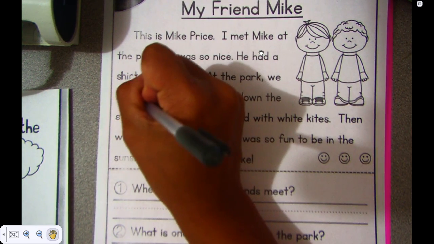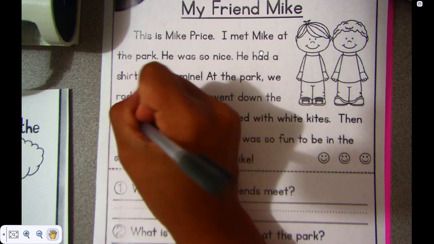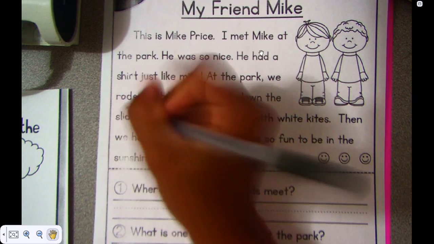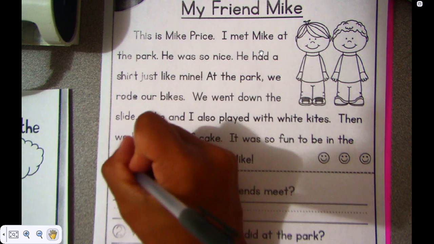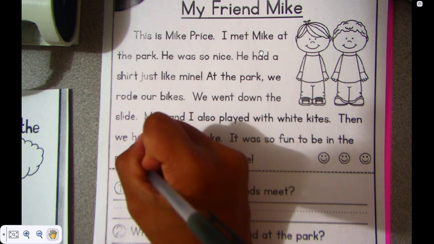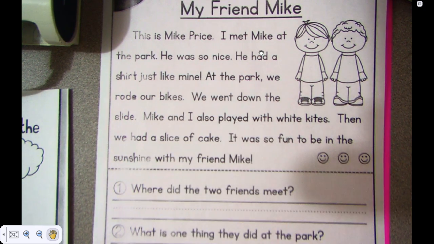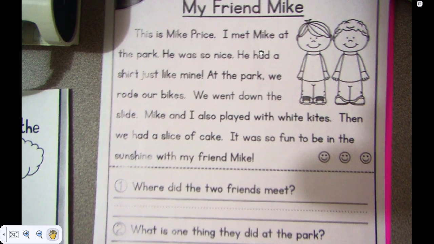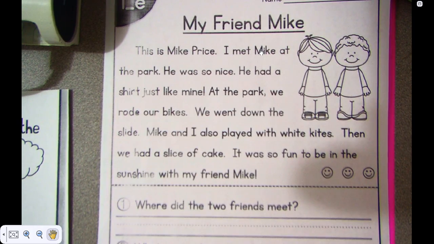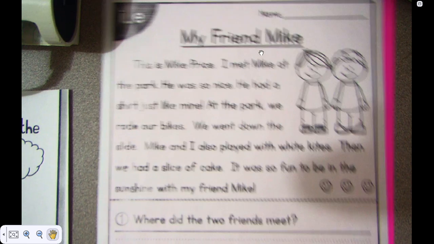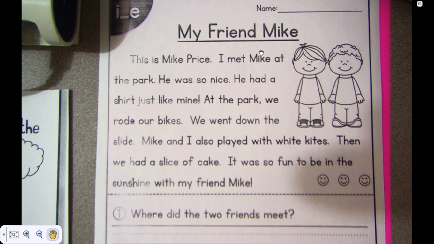So, we'll read it one time together and then I'll post the passage on Dojo. And if you'd like, you can pull it up and then practice reading it 2 more times to help build your fluency with these types of words. So let's remember, we want to be thinking about what this character is saying, doing, and feeling